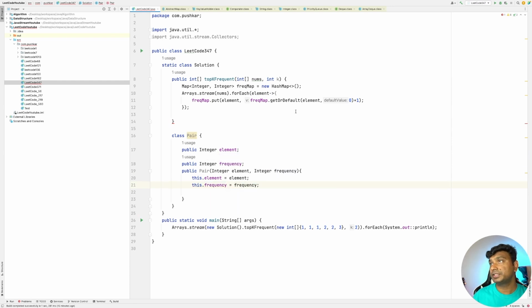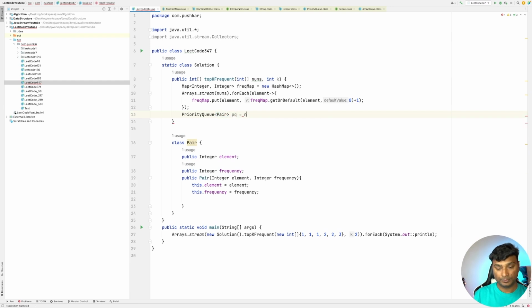Now let's create the priority queue. There already exists a PriorityQueue class in Java, and let's have Pair as the element type, and call it PQ.